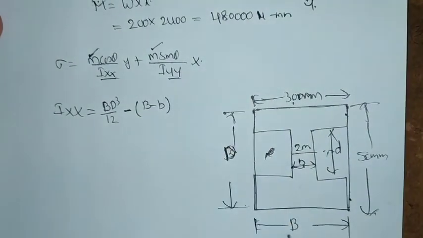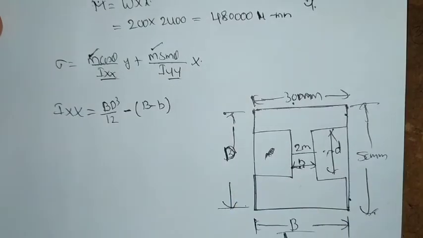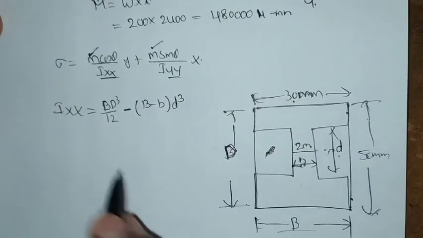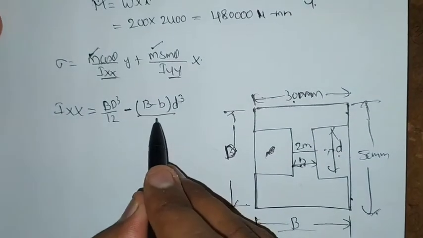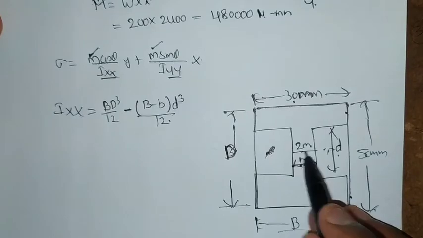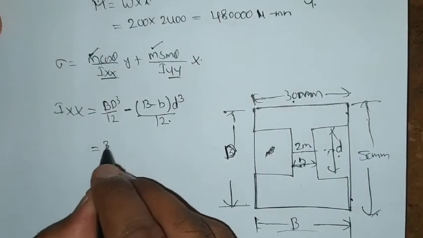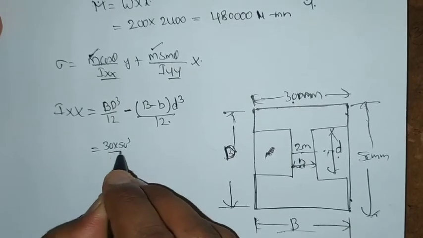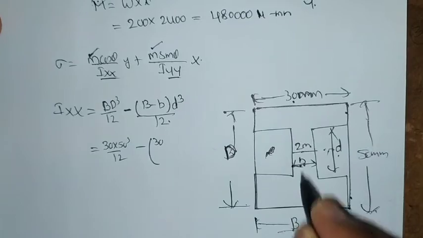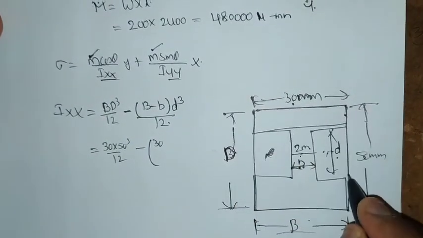Nothing but capital B minus small b, into D cube, BD cube divided by 12. Same, capital B minus small b into D cube we are going to get. So for the total section, 30 into 50 cube by 12, minus here the b value is 30. From this, the 2 mm if I neglect,